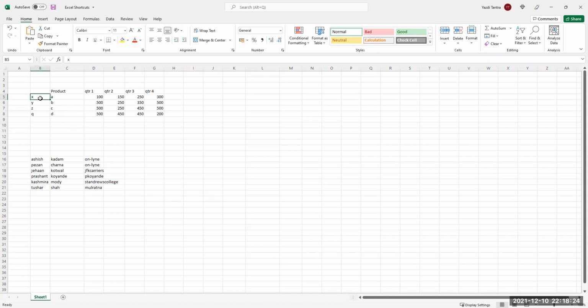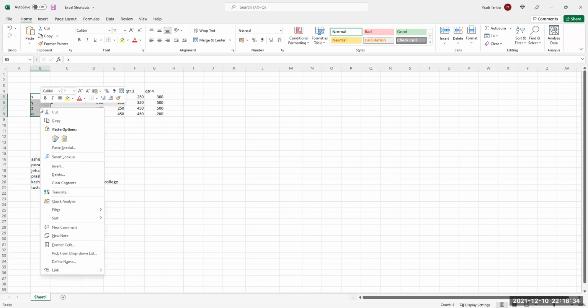If you want to format these cells, you select, right click, then go to format, and you come to this.